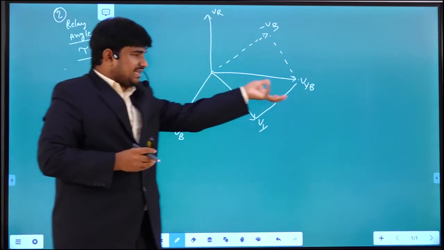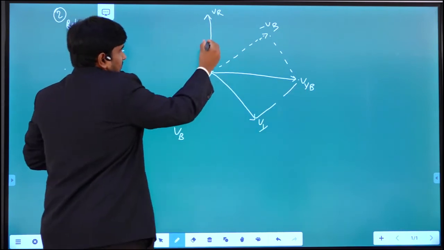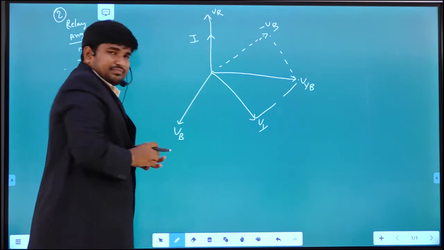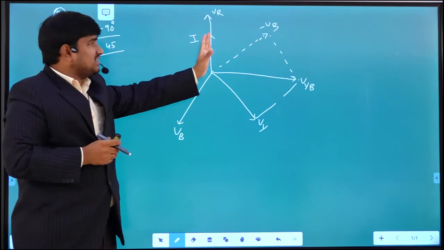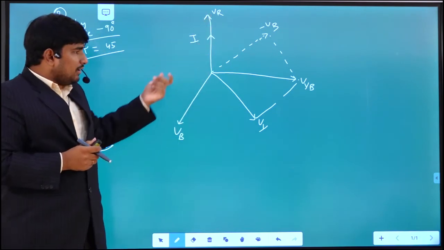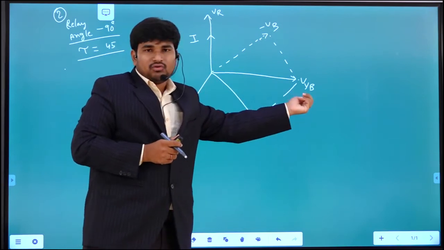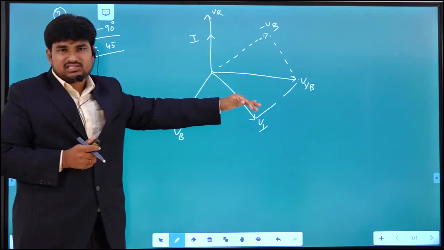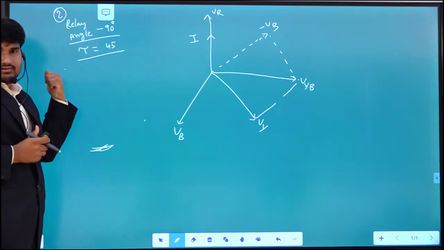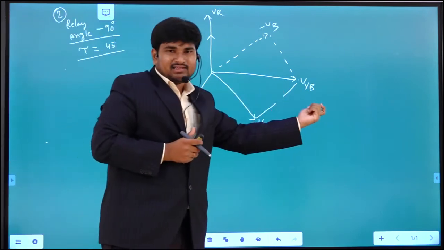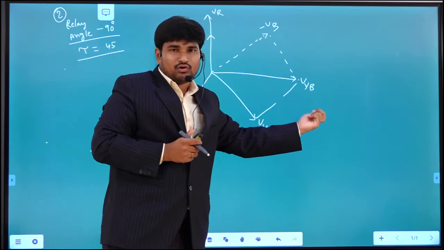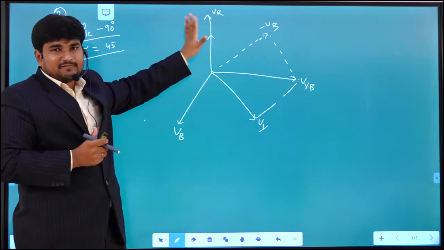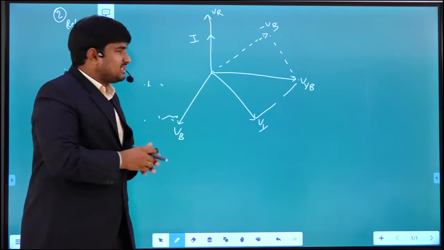Now in this case, let us see. It is always unity power factor, as I have discussed. So the current through the current coil is in phase with this phase voltage. If the potential coil has been given the line voltage VYB, what is the angle between the current and voltage? It is 90 degrees only, right? That is the relay angle. As we are taking the voltage as VYB, the line voltage, and the current during UPF, unity power factor condition, is in phase with the phase voltage, the angle between these two is 90 degrees.